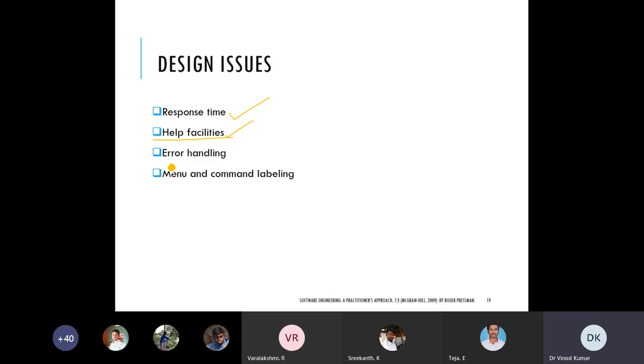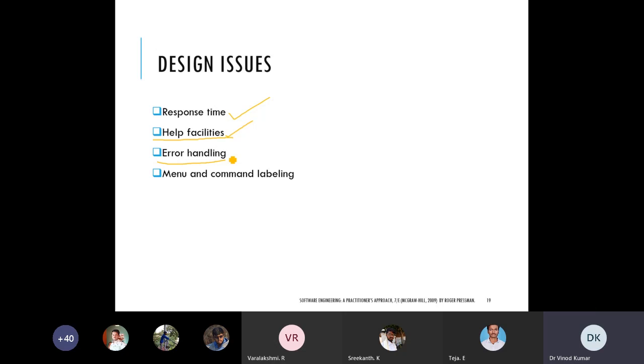Next one is the error handling. In error handling, what is happening is, if you are using some system and some error message or warning message comes, like error 1020, this error has happened, what is this type of error, so what will you do now?